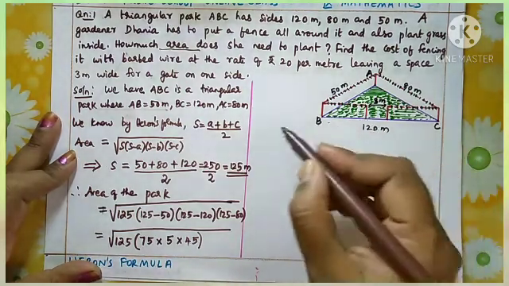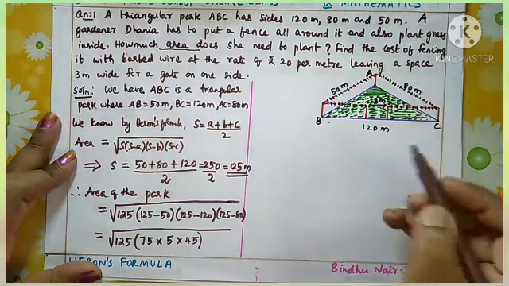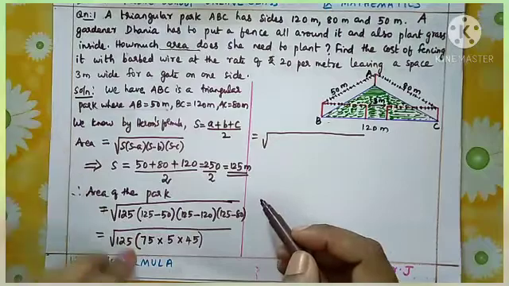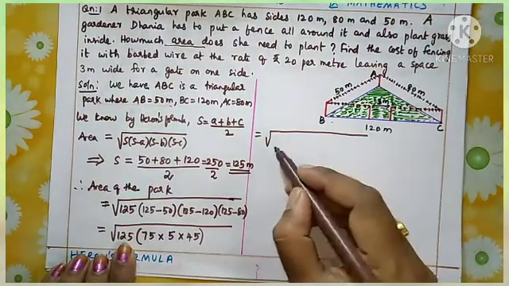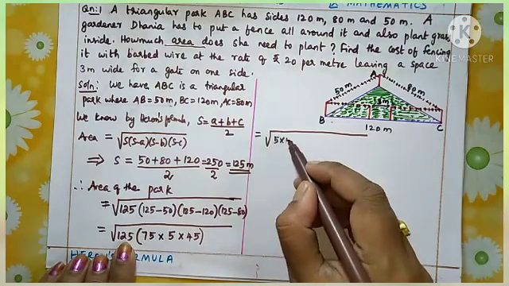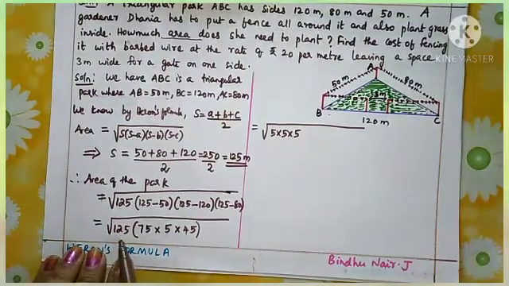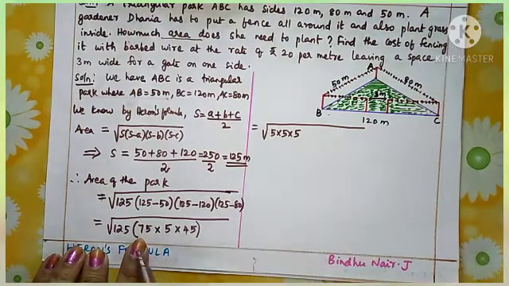Now you see children, we need to find the square root. So you want to split and write all the numbers here, so that we can easily take the root of these numbers. I am going to split all these numbers. This is all product. So 125 I am writing as 5 into 5 into 5. If you have no idea how to factorize directly, you can do the prime factorization method and find out the factors.